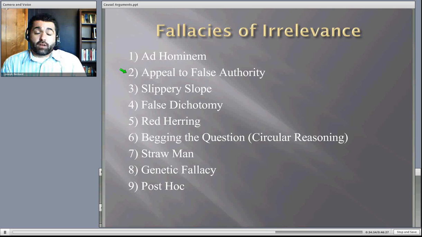Slippery slope, common one. I find it interesting because both political parties use this so often, right? So a slippery slope argument is something like this. Let's take an issue, the right to bear arms. Those who are opposed, right, who don't think people should be able to have guns, or at least shouldn't have certain guns. So an argument is put forth that sounds something like this. Well, we can't let people have automatic rifles. We can't let people have rifles that have high-powered scopes or grenade launchers or something.